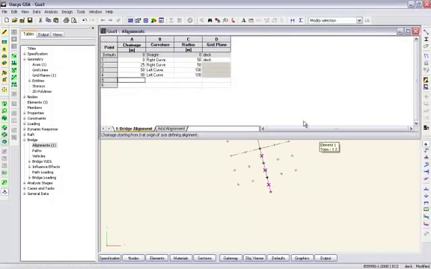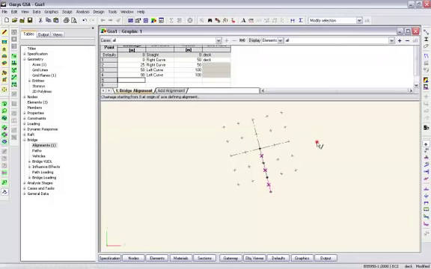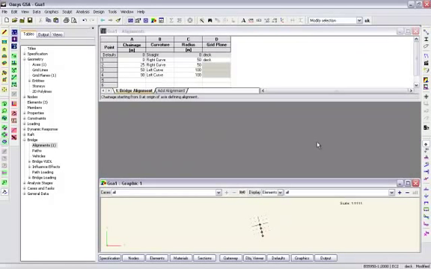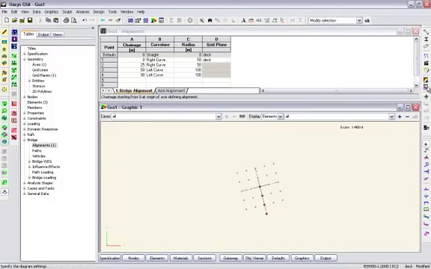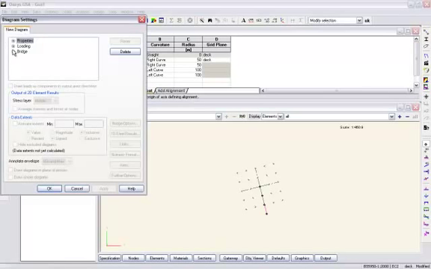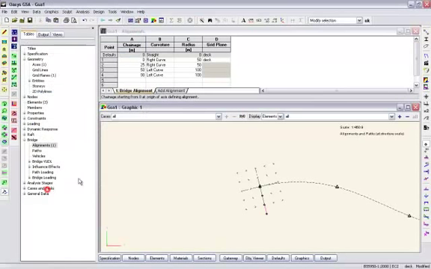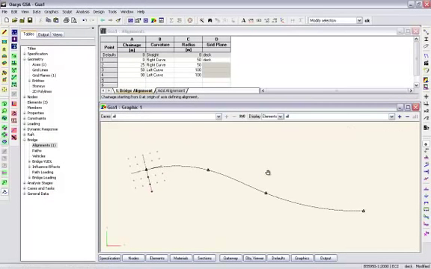So what we have, if I just stick that up at the top and scale this on my diagrams, I can now show that alignment. So there we have the circular curve, transition, and the circular curve in the other direction. Now, having defined this alignment, I can use these elements here, select elements, to create the bridge deck as a whole,